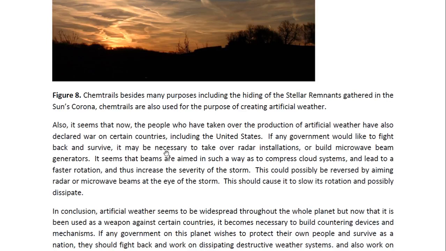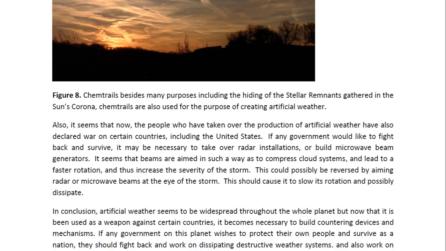Also, it seems that now the people that have taken over the production of artificial weather have also declared war on certain countries, including the United States. And if any government would like to fight back and survive, then it is necessary to realize this and fight back. So we see what is happening in Texas, and this seems to be an attack on that state and this nation. And this should be realized,